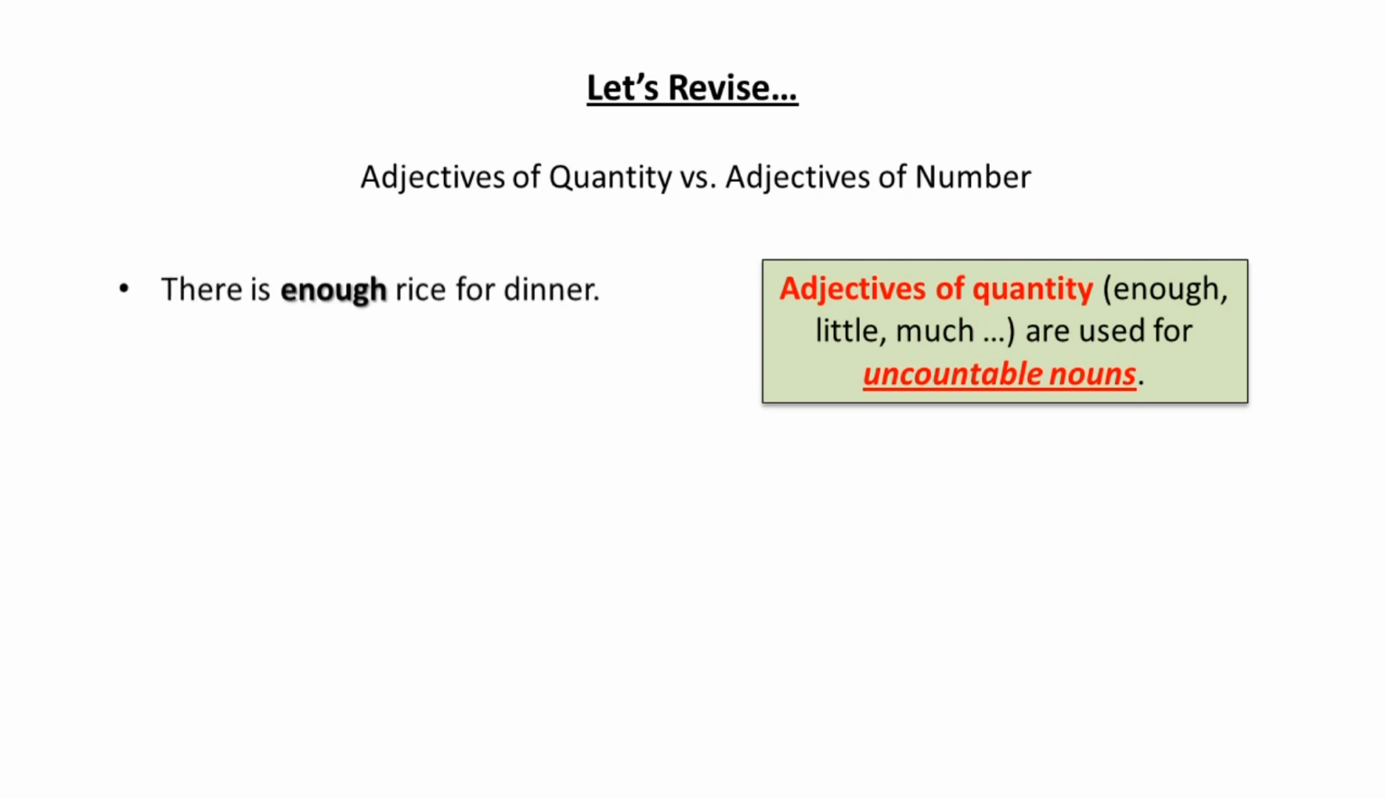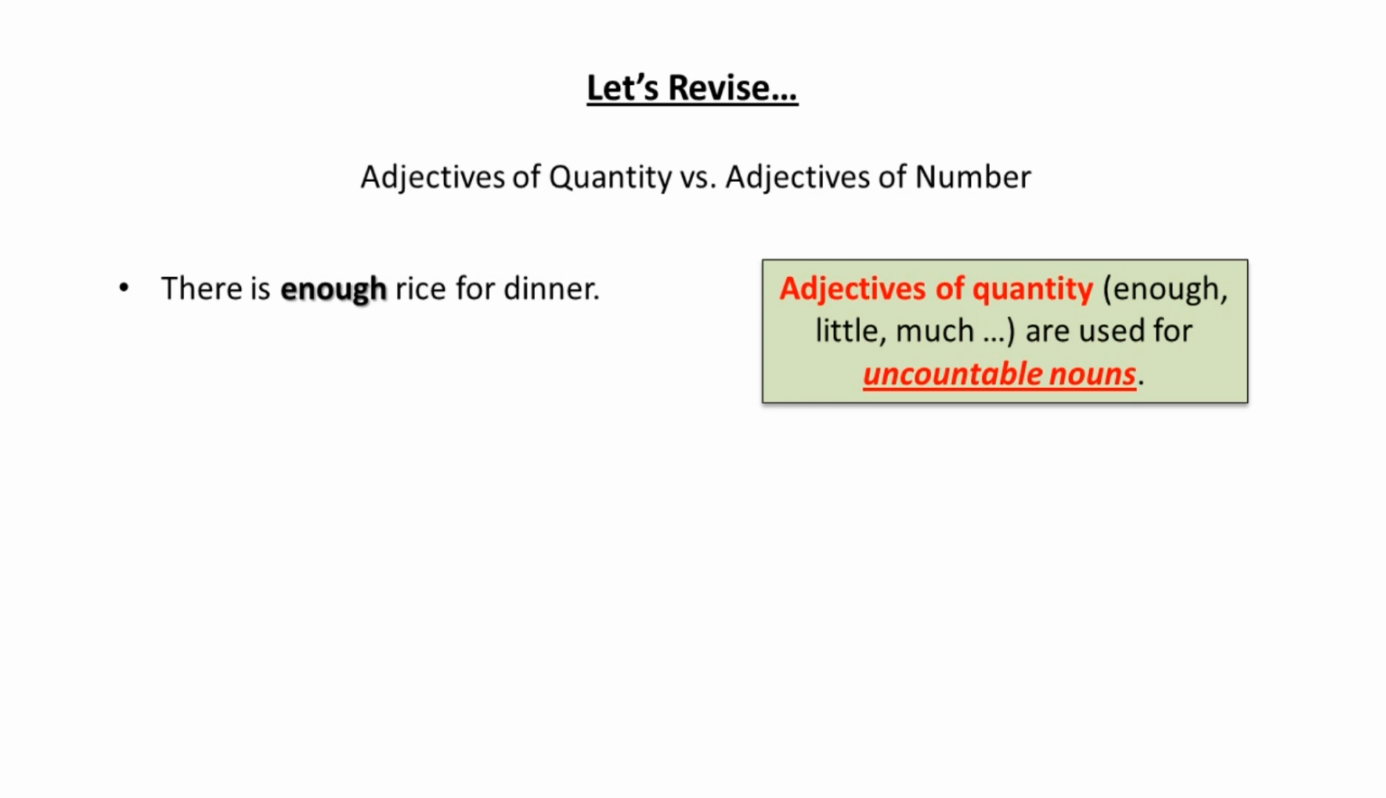Let's see an example. Same example that we saw last week. There is enough rice for dinner. So we know that rice is an uncountable noun, and an adjective of number like several, few, many cannot be used here before rice. We cannot say many rice. We cannot say several rice. We cannot say few rice, because all of them are adjectives of number. So only an adjective of quantity can be used here, like enough rice, little rice, much rice, because rice is